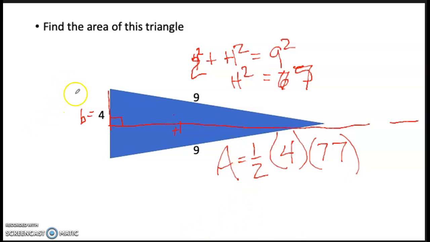So you can see easy mistakes that we can make. You have to take half this base to use in Pythagorean because you're only considering